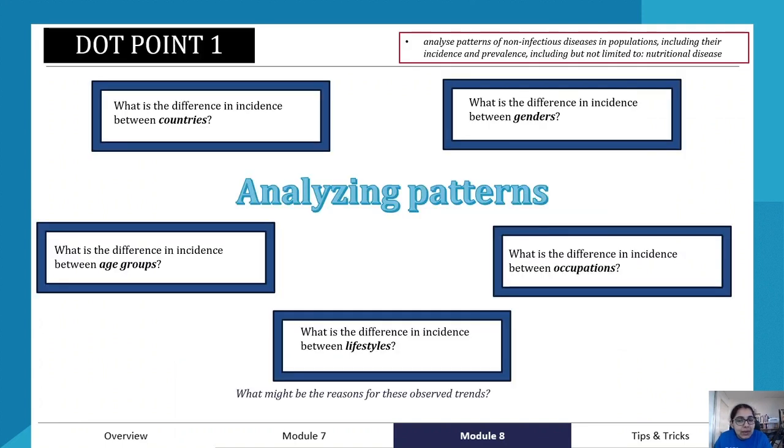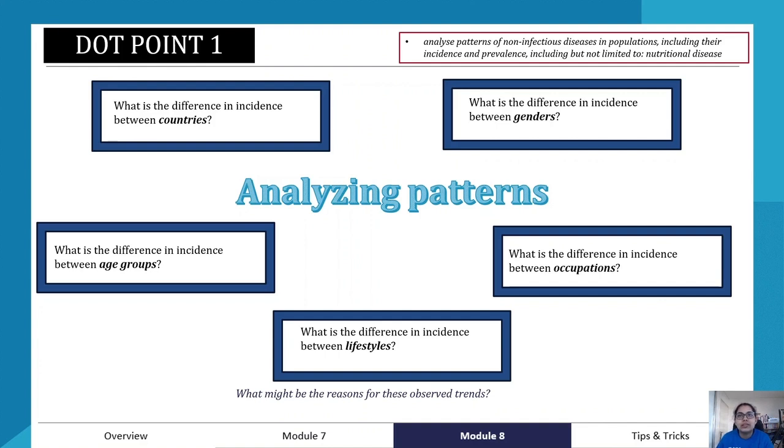So, analyzing patterns. The patterns that we tend to analyze include, for example, what is the difference in incidence between countries? Do some countries have a higher prevalence of a disease in comparison to others? What is the difference in incidence between genders? What is the difference in incidence between occupations? For example,